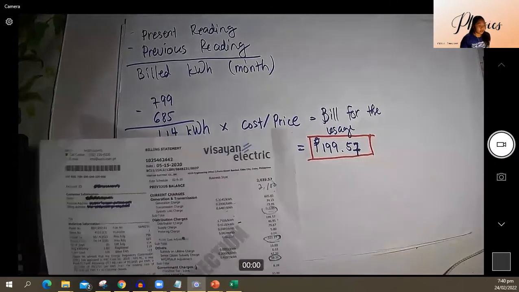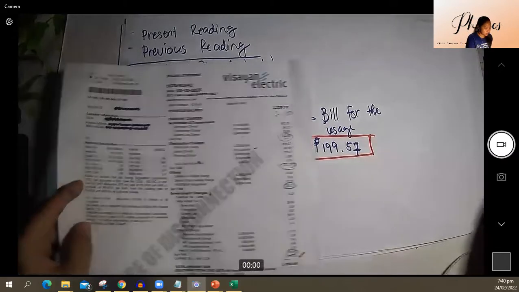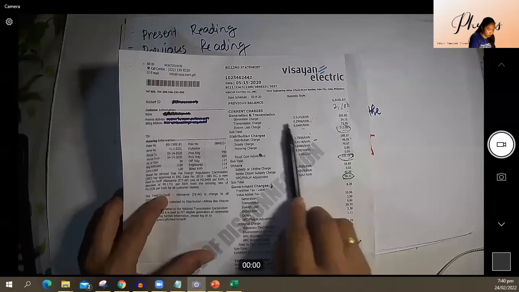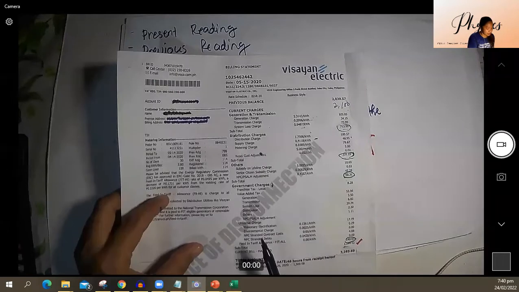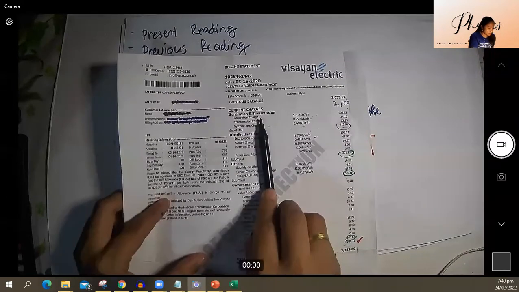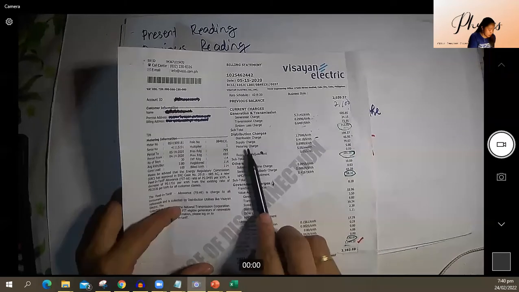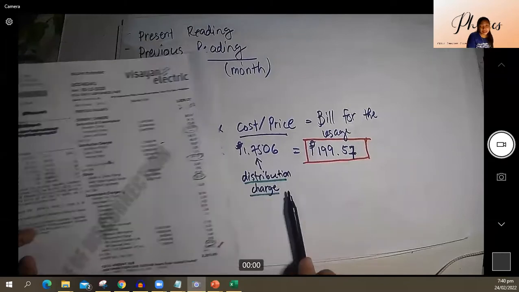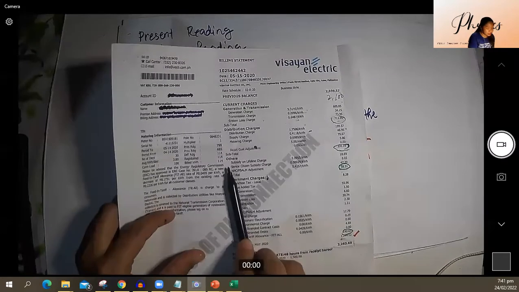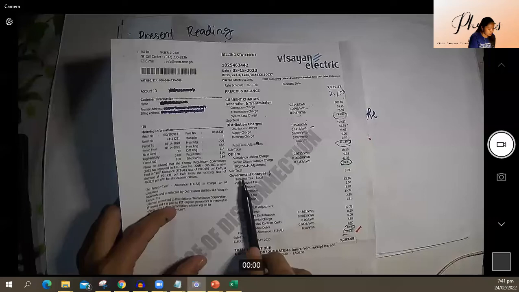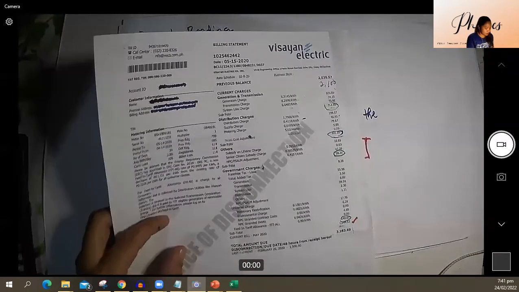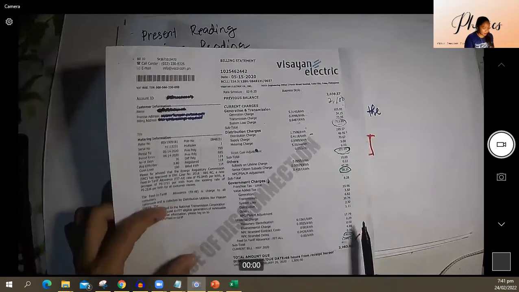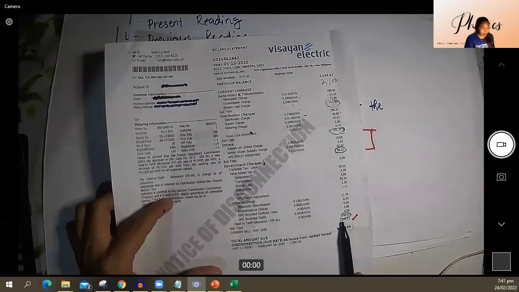But we have to take note that we will not be charged only for the distribution charge, but we will be charged for all the other charges here, namely the generation and transmission. We have distribution charges, subsidy charge, and metering charge. That's not included in our first calculation. And the next one is the other charges. And the last one is the government charges. We have to include all of them in our computations